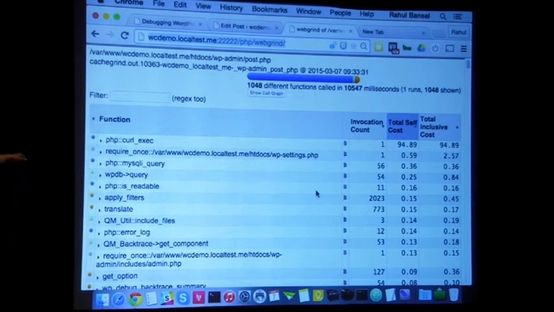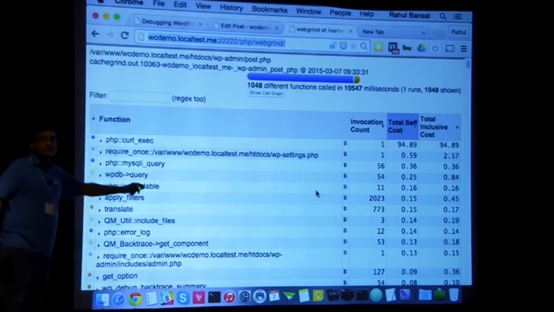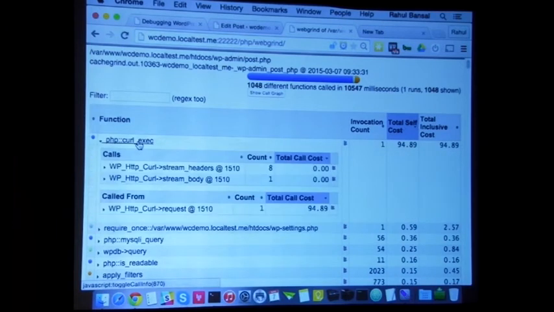Now on this screen, I have come across a curl_exec call, which is taking 94%. These values are in percentage. So whenever I am trying to update a post, out of the time WordPress is spending, 94.89% is going in the curl call. Now you will say, let's then Control-F curl on our entire code base, but that is not going to work, because now I am a good developer. This is my second plugin, so I am using WP remote get. I am not using curl directly, but it's fine.